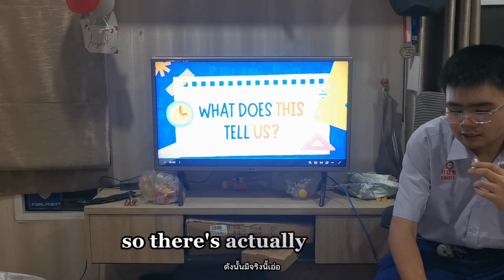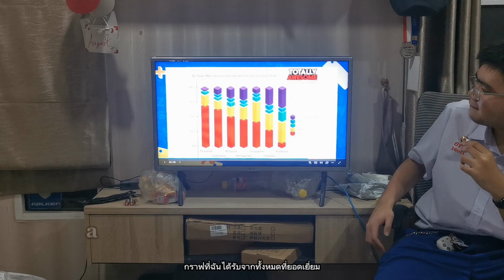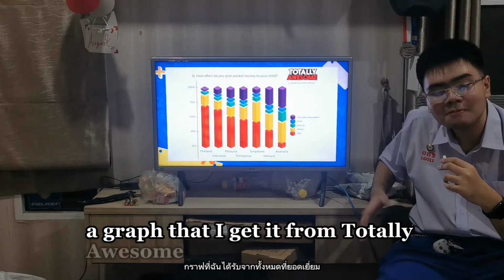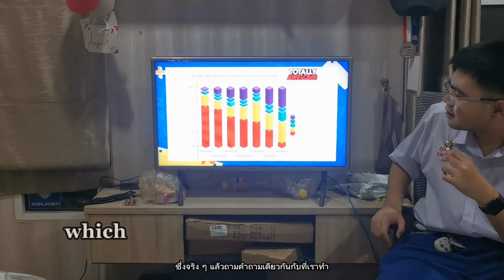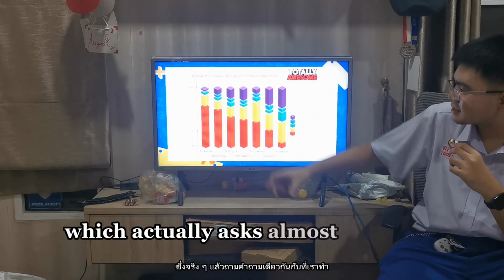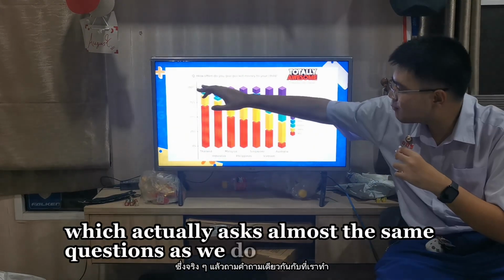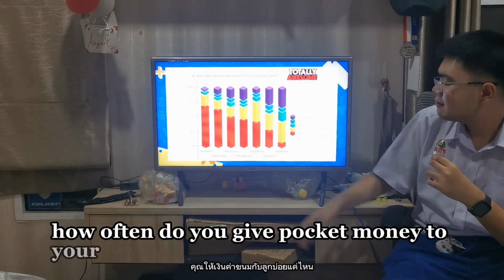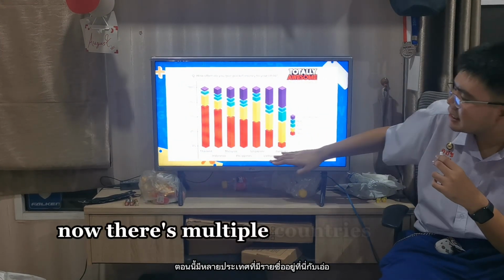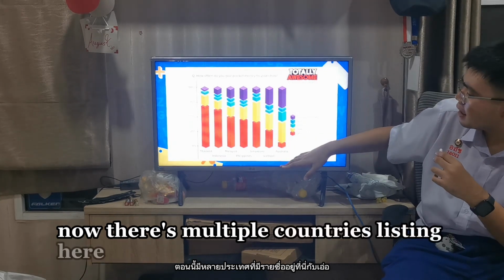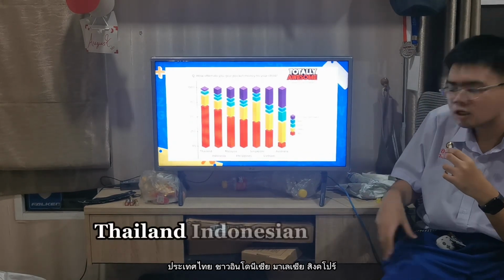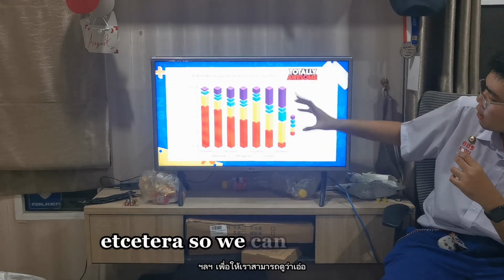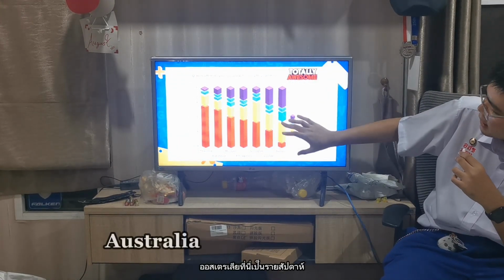So there's actually a graph that I got from Totally Awesome, a website which asks almost the same questions as we do, this one being how often do you give pocket money to your child. Now there are multiple countries listed here: Thailand, Indonesia, Malaysia, Singapore, Australia, Vietnam, etc. So we can see that Australia here